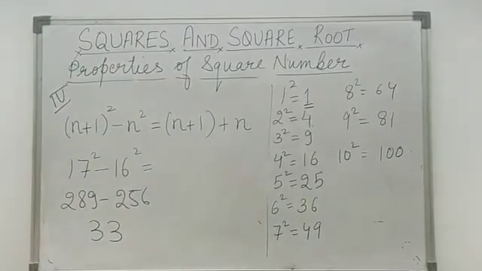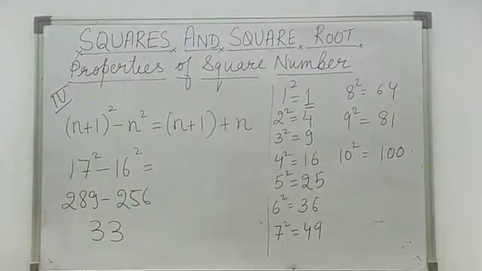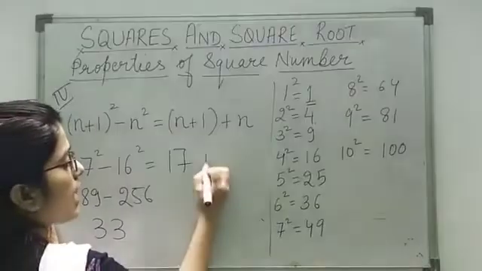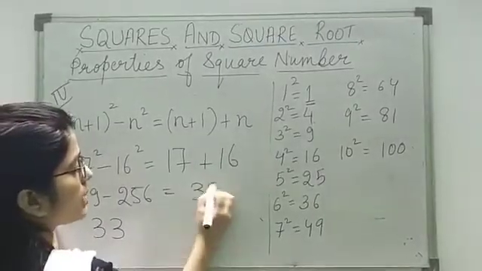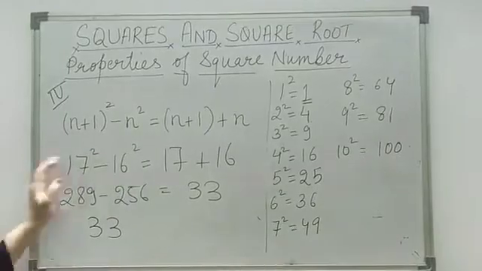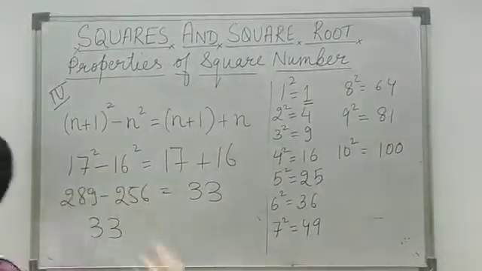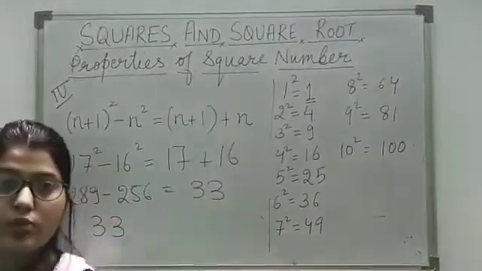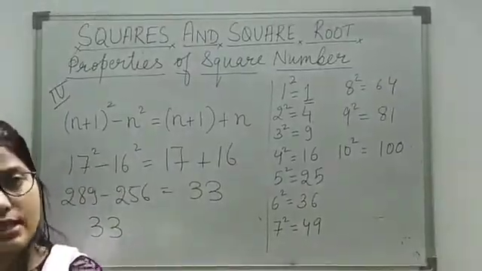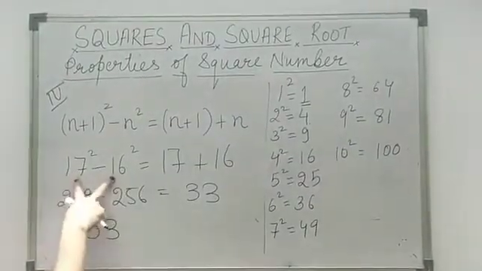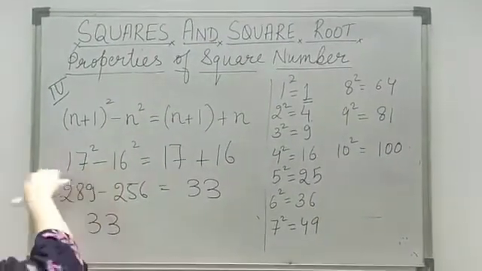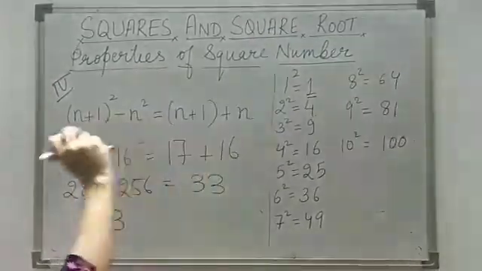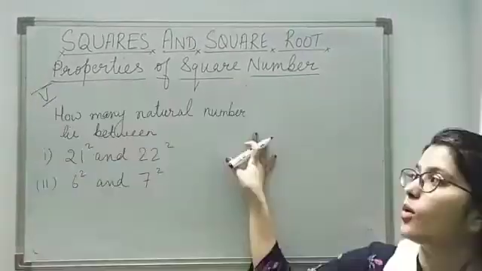But according to this property, we can directly solve. How can we directly solve? If we simply add 17 and 16, then also you will get 33. No need to calculate the squares of both the numbers, because the question will become very lengthy if you calculate the squares of two numbers and then calculate the difference. So it's better that if two consecutive numbers are there and you have to calculate the difference of their squares, you just simply add the numbers. According to property